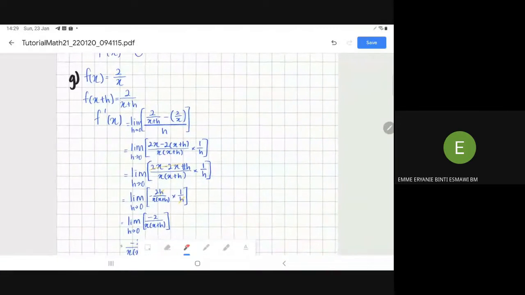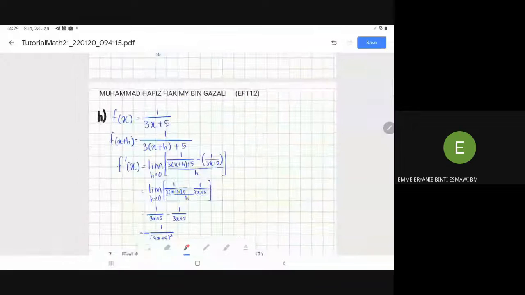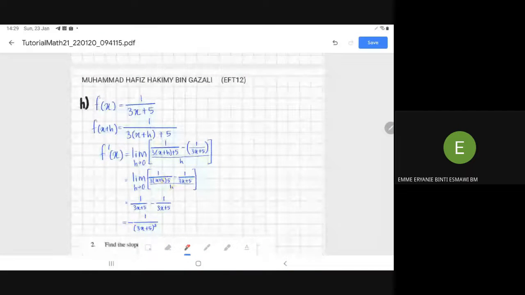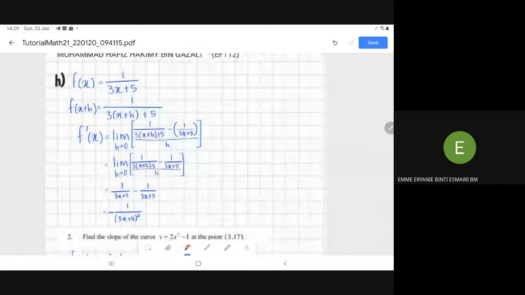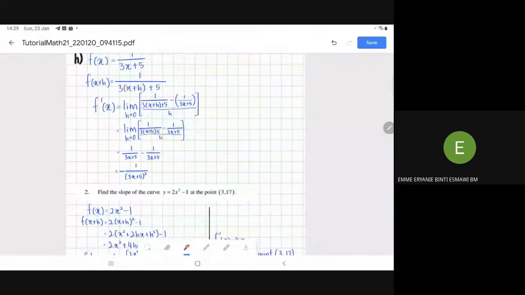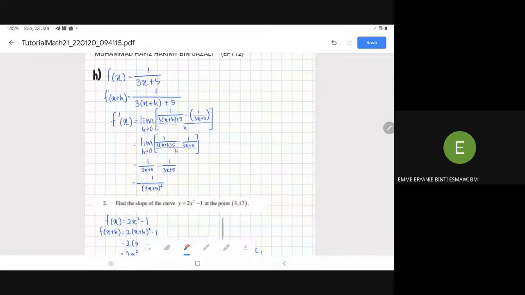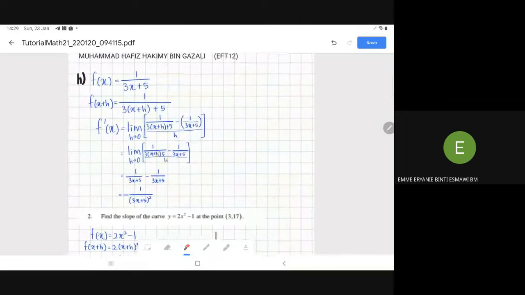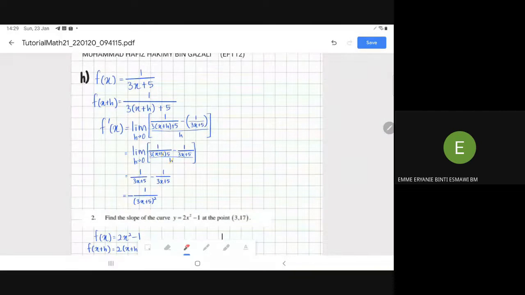So yang G ni tadi sama jugalah macam yang E tadi tu. Dan H pun sama juga macam E tadi tu lah. Okay. Alright. So saya tak perlu nak explain balik lah kot. Nanti saya just semak dan letak jawapan ni betul. Okay. Dan bagi yang bertuah hari ni, saya akan